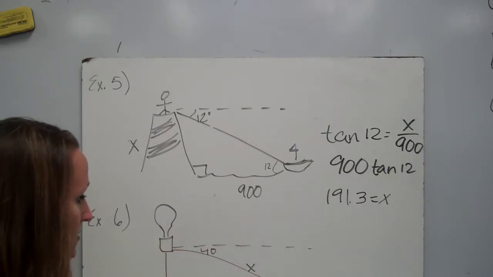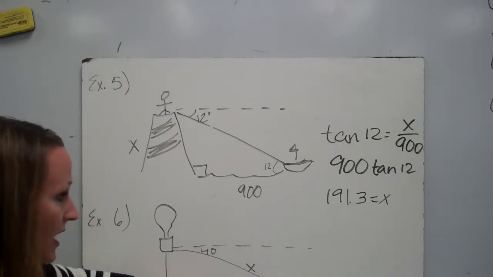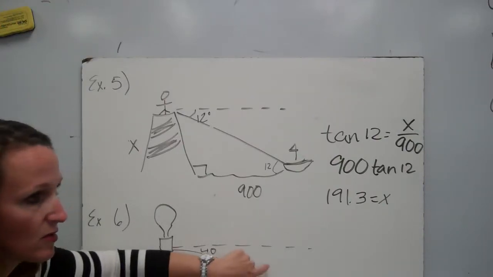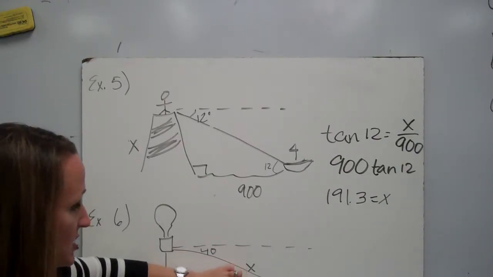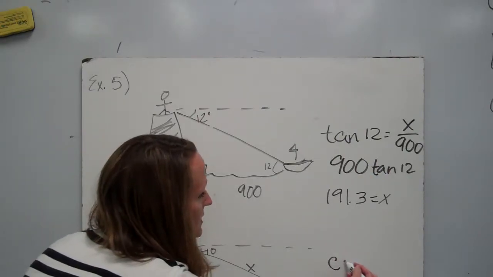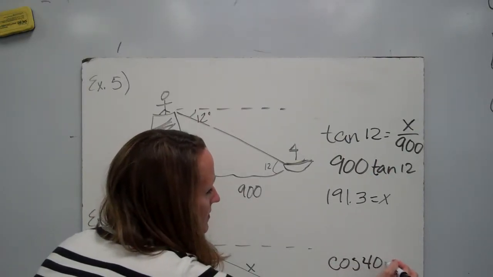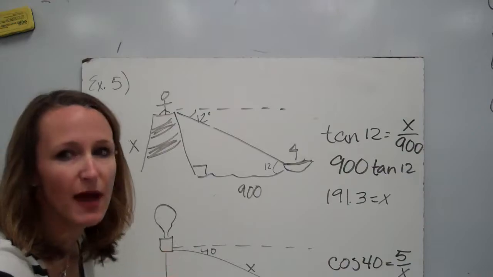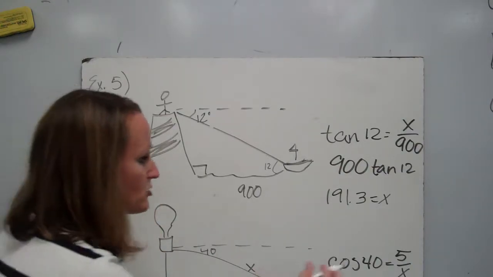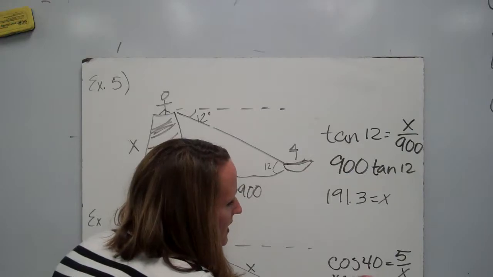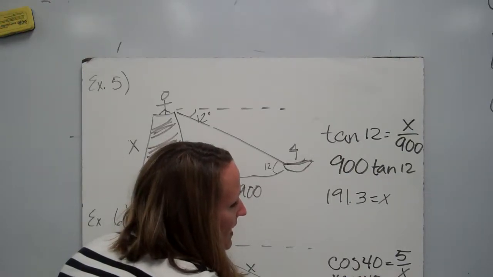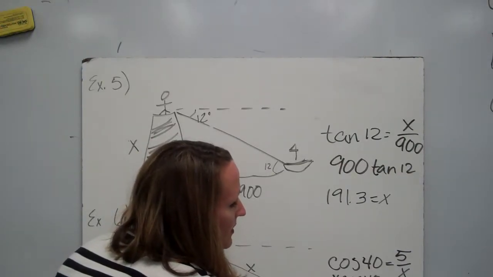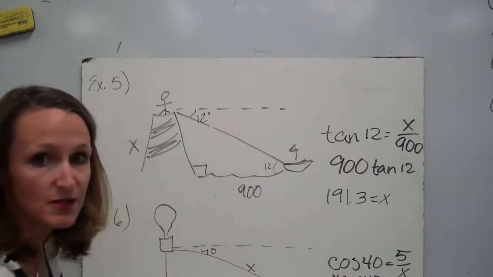So I'm looking for a hypotenuse. I have this side, I'm missing my hypotenuse, but I know my angle. So here is my side. I have an angle, I have a hypotenuse. This is an adjacent angle, so I'm going to use cosine of 40. I have adjacent over hypotenuse. Remember, when you're missing the hypotenuse, that's a tricky one, because I end up with x cosine of 40 equals 5, and I end up having to divide 5 by the cosine of 40. So when we solve that,